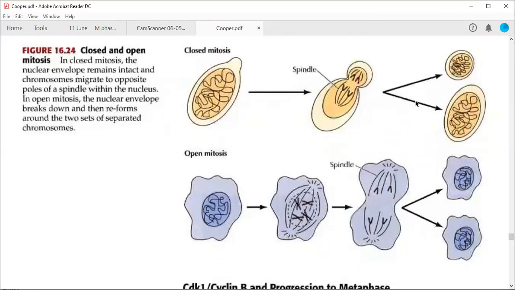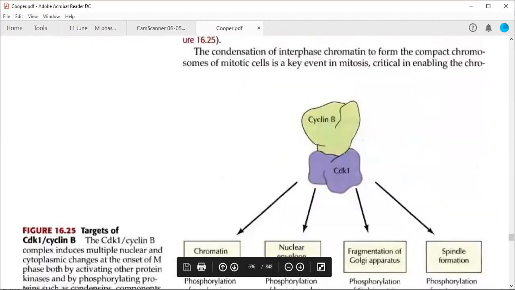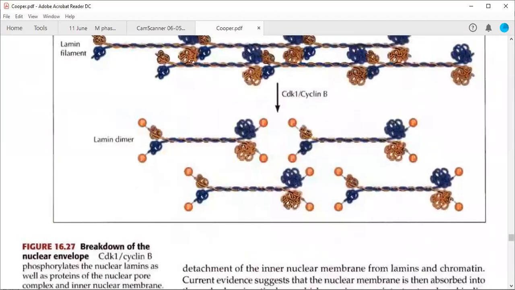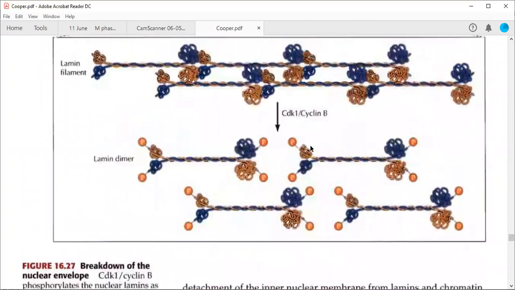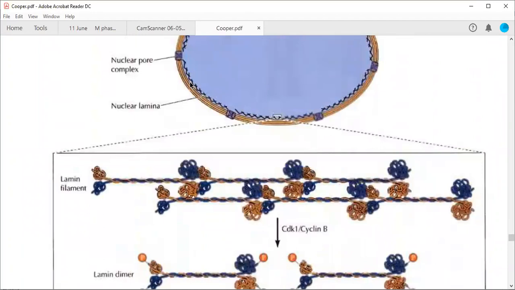Daughter cells will not have equal sizes, whereas open mitosis will always result in equal cell formation. So the daughter cells will be similar in most of the cases. And so I had discussed this yesterday also, that the lamin proteins or nuclear lamina will be formed by lamin proteins,